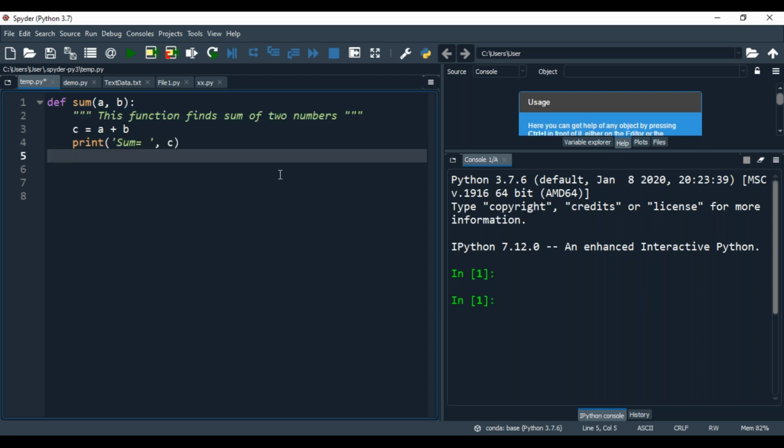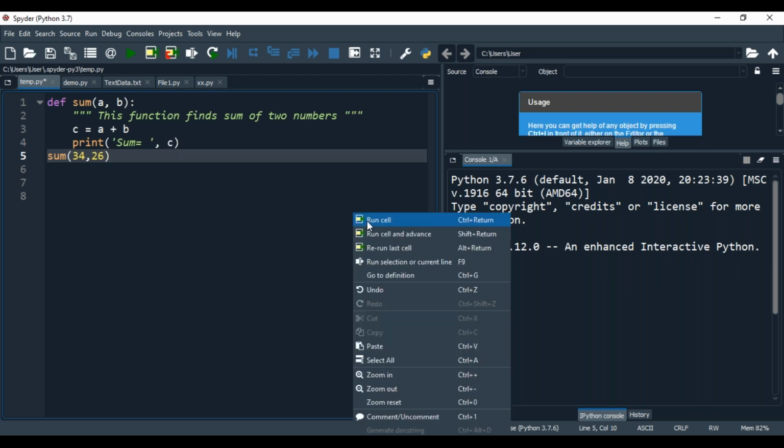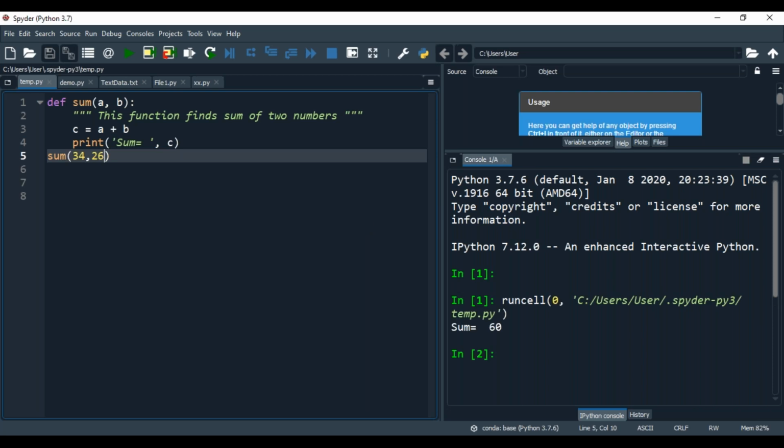Now calling the function sum, you can pass two variables, 34 comma 26. See now, 60, you got the answer.